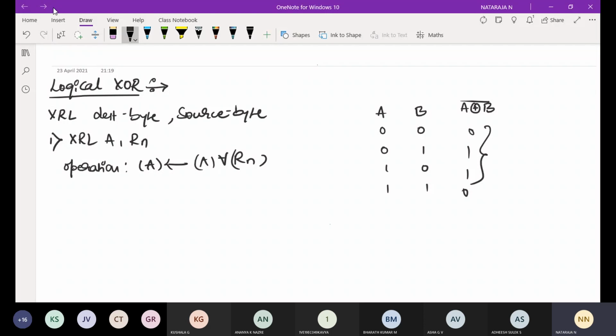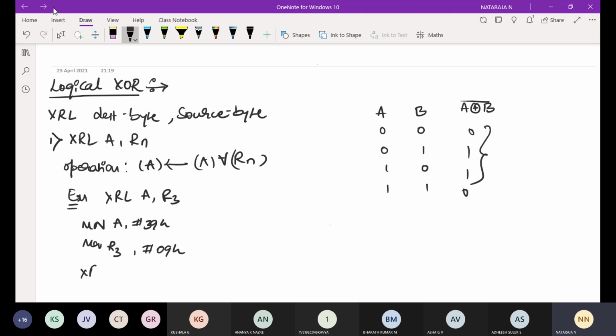Rn may be R0 to R7. For example, XOR logic A comma R3. Before that, we write the instructions: MOV A comma #39H and MOV R3 comma #09H.